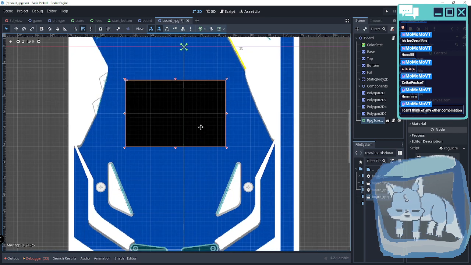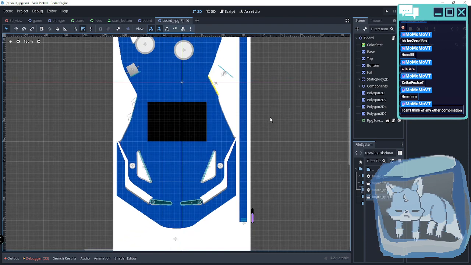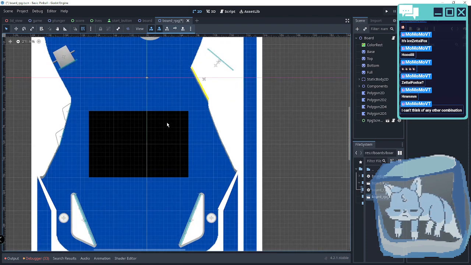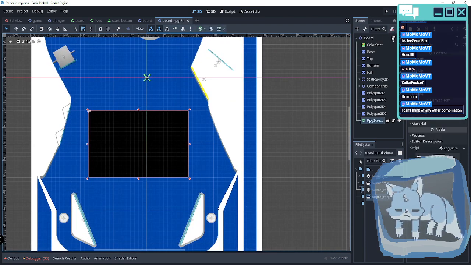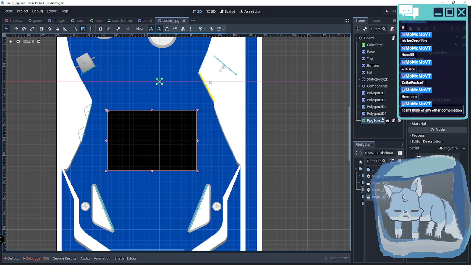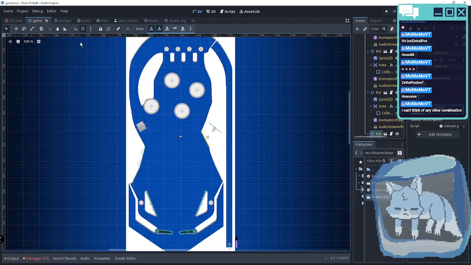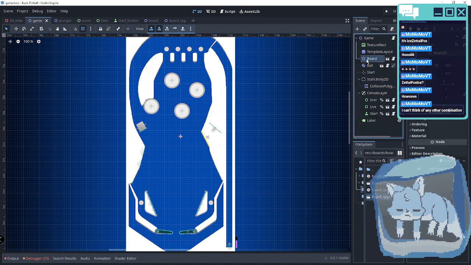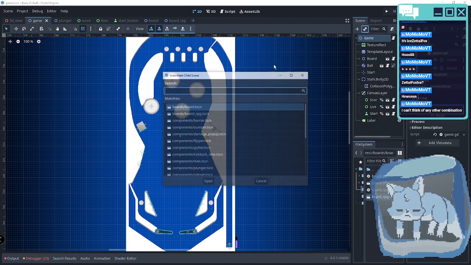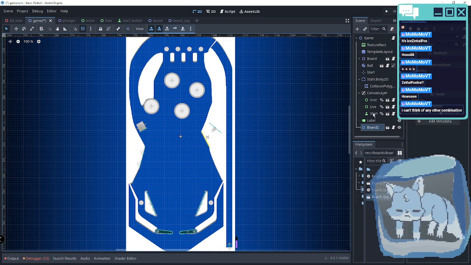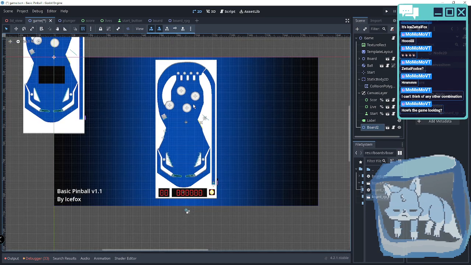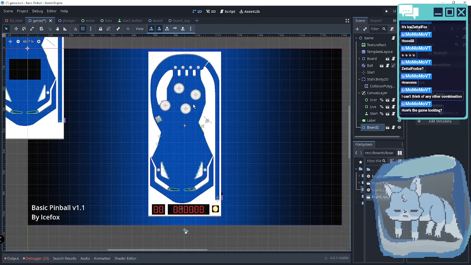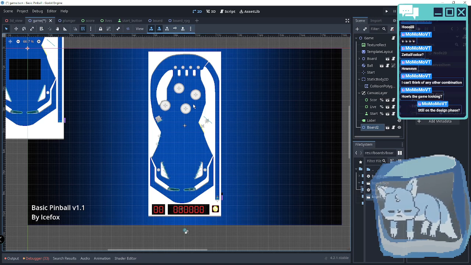Okay, maybe here. Okay, first things first, let's see if this works. So far so good. I managed to add a new feature to